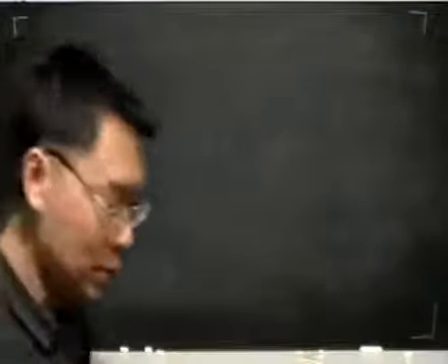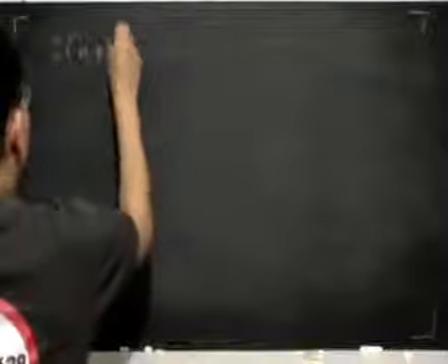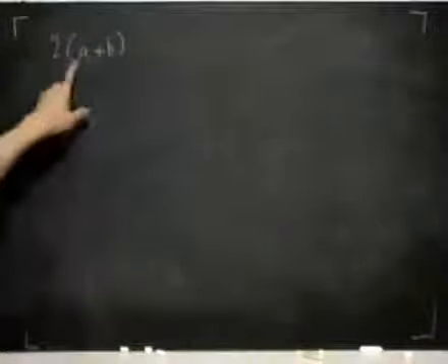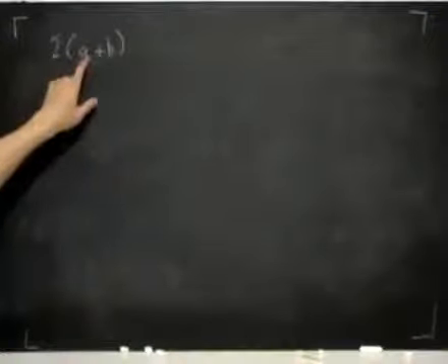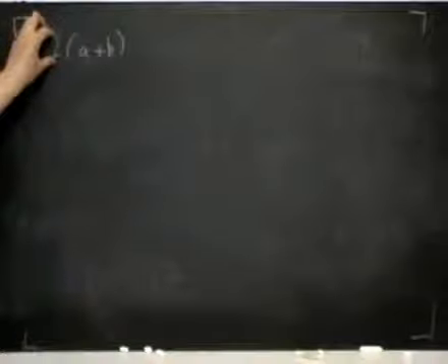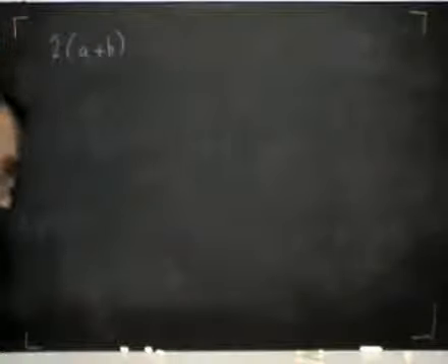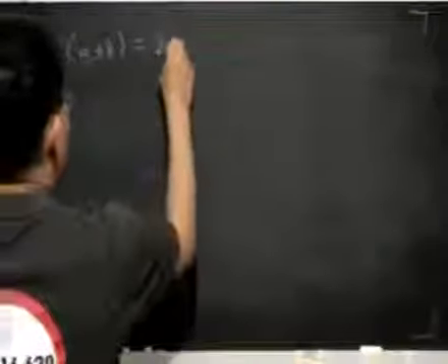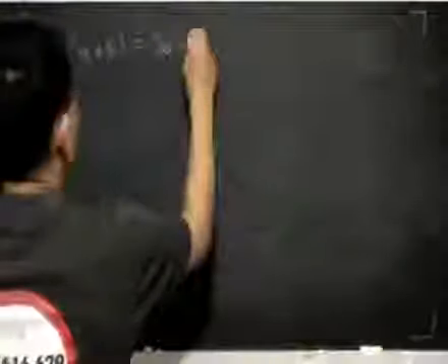Next, let's look at the idea of brackets in algebra. Let's say we have 2(a + b). So we have the bracket that contains the symbol a plus the symbol b, and we have a 2 outside of the bracket multiplied by this. So this really means the same as 2a plus 2b,